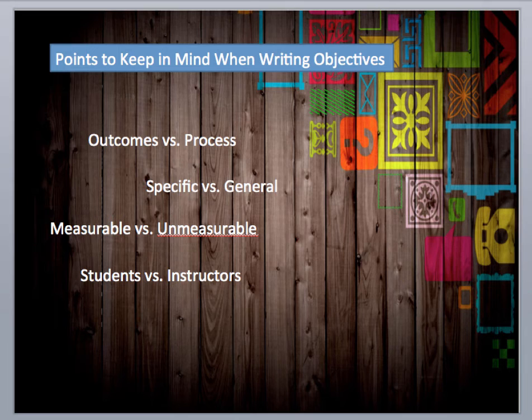Okay, so then we have students versus instructors. Okay, so instructional objectives should describe the student's performance rather than the instructor's performance. If I said something like, teach the importance of washing one's hands, arrange instructional activities, that relates to the instructor and what they're doing. I need to state that as far as the student's performance. Things like be able to write a resume, add 2 digits together, okay, that sort of thing. It has to be directed at the student, not at the